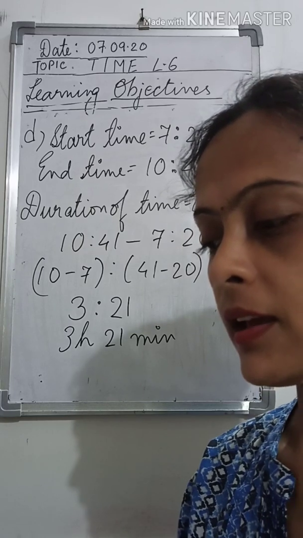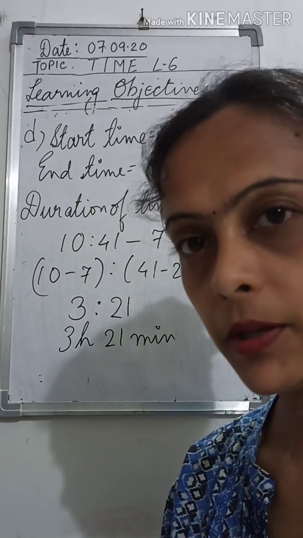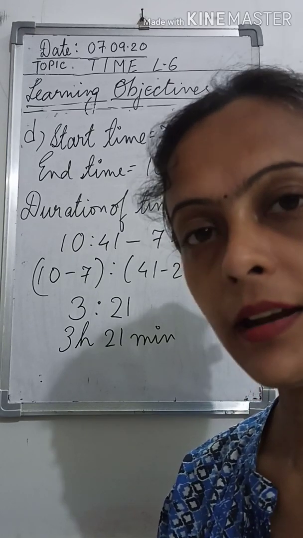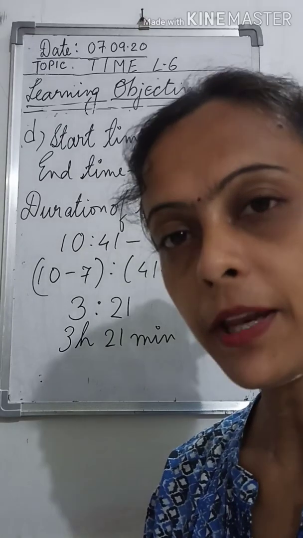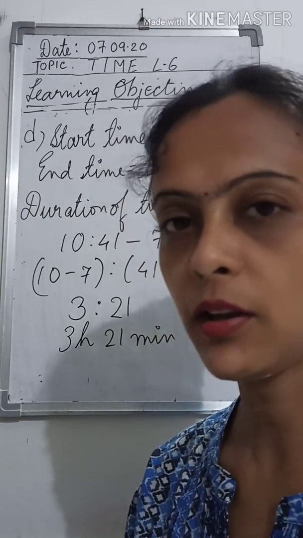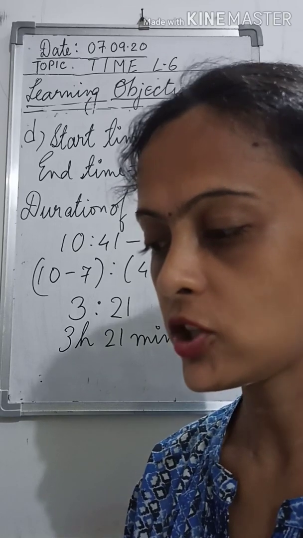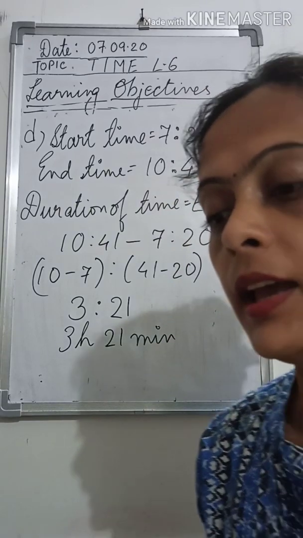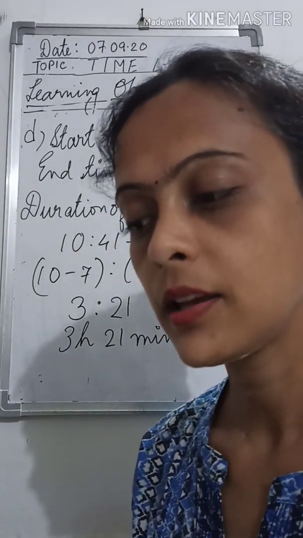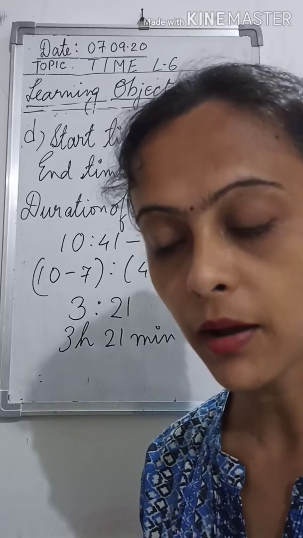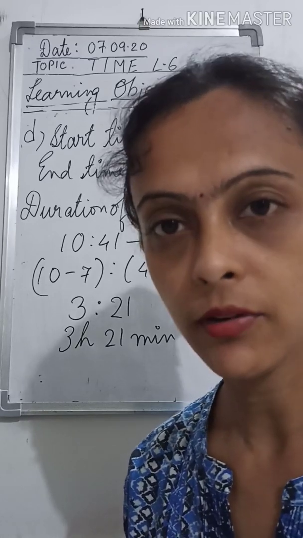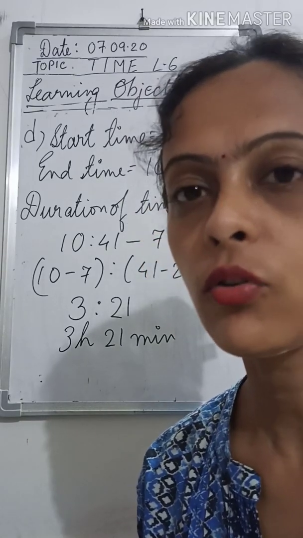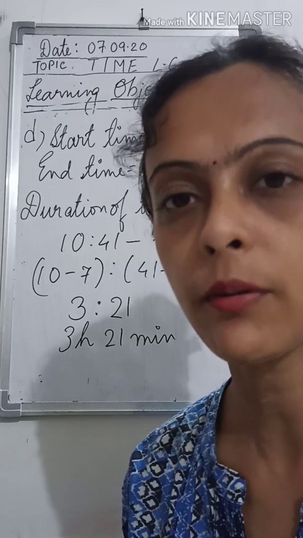So the question is, she is participating in a drawing competition and the time for the competition is 1 hour. Okay, so she has started at 9 a.m. but she has completed her drawing competition 15 minutes before. So the question is, at what time does she complete her drawing? So now see, it's told in the question that the competition was scheduled for 1 hour, but she did not take 1 hour, isn't it? She finished the work 15 minutes before. That means 1 hour has not gone. That means there will be no hour part.